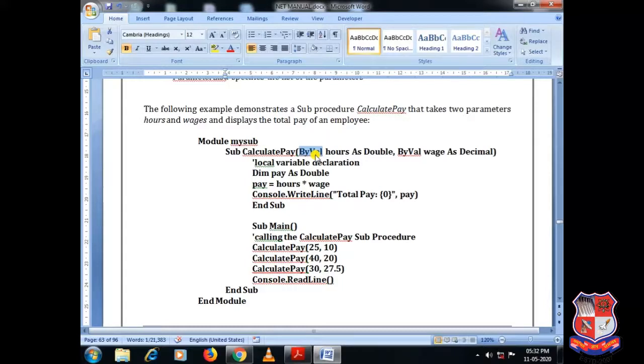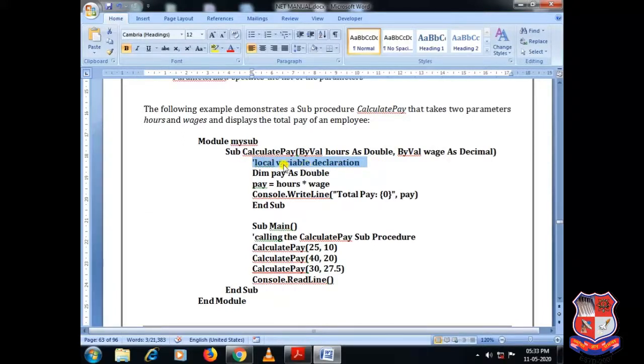If we pass the parameter by value, then it will create a duplicate copy of variable. If we pass the argument by reference, then it will not create the duplicate copy of variable. Rather, it processes the same variable. The advantage of ByRef is that we can directly operate upon the common variable, and as a result, we can have the effect of the modified variable outside the function also.